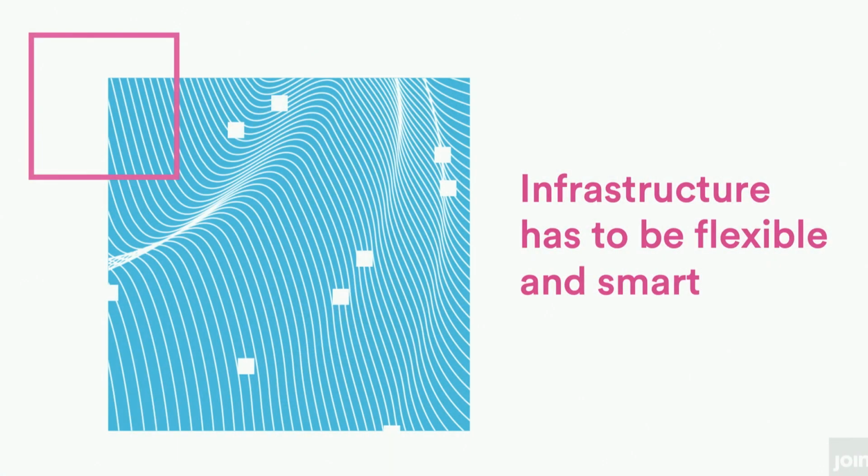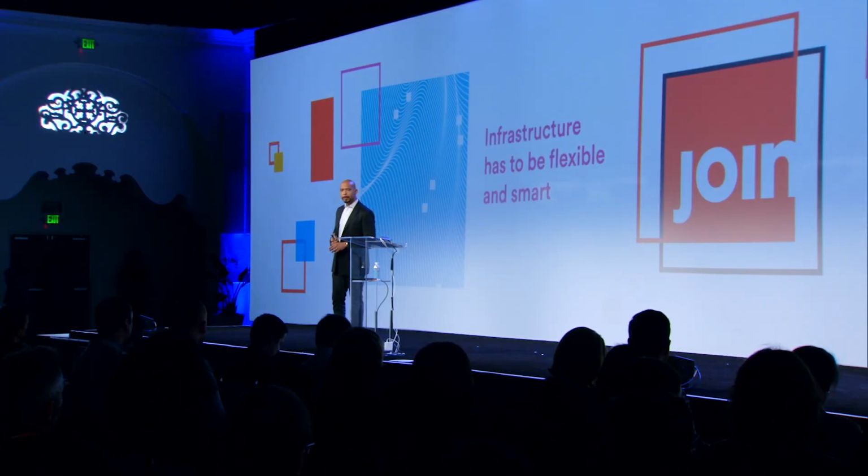So the first thing we have to do is make sure that the data infrastructure that we build is flexible. That means it can connect to any database, any SaaS source. You don't want to be locked into any single vendor either, all right? And what do we mean about smart infrastructure? Well, more than giving you flexibility and choice, we believe that smart infrastructure can help you make the right choices. If you're using Looker, we know your most commonly used data sources. We know how expensive queries are. We have whole hosts of information about how your organization is benefiting from data infrastructure,